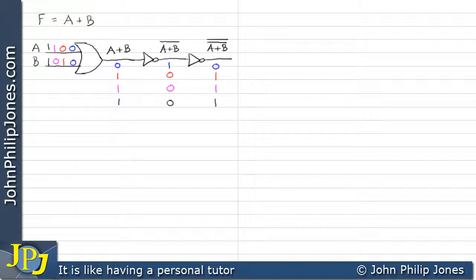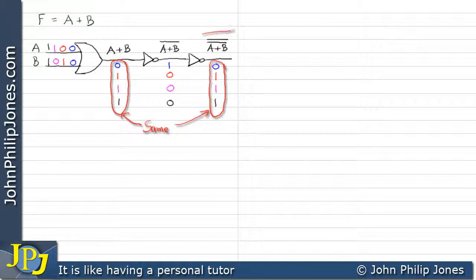Now we should be able to note that the output here at the A OR B part of the combinational logic circuit is exactly the same as the output shown here at the A OR B double NOTted. So in other words, it is quite clear for the input combinations given that these two outputs are identical. Consequently, we can say that this Boolean expression here must be the same as this one here in terms of its logic functionality, which means we can come up here and actually say that this is the same as A OR B double NOTted,